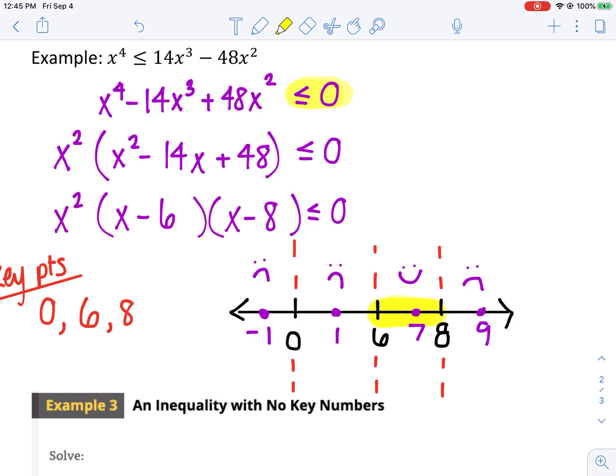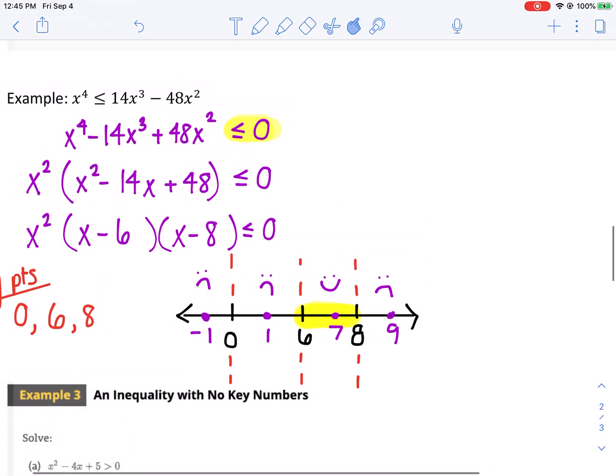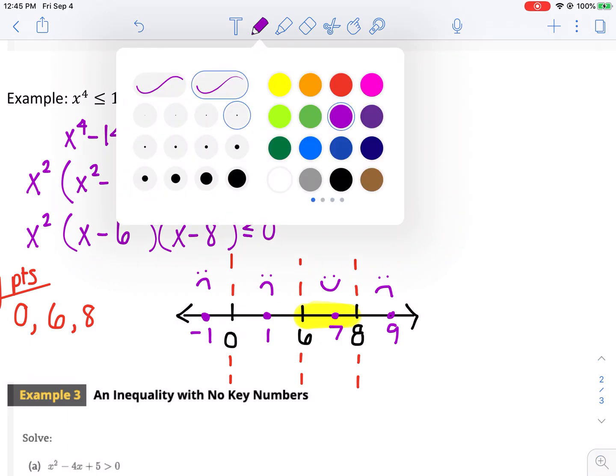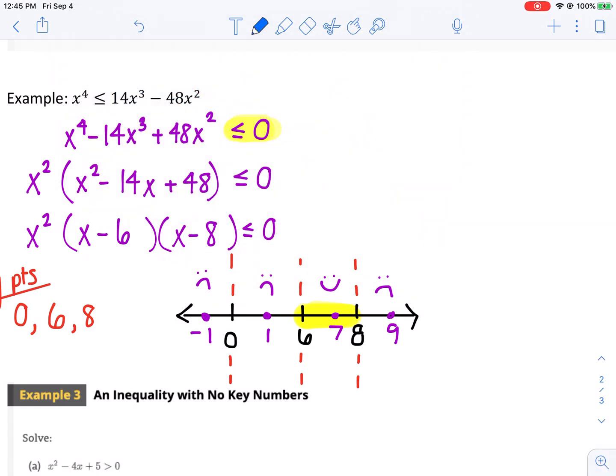Ooh, interesting. Less than or equal to 0. Let's keep an eye on that. So when I look at my answer, it would be between 6 and 8. Notice I include those values because of the equal sign. And also,